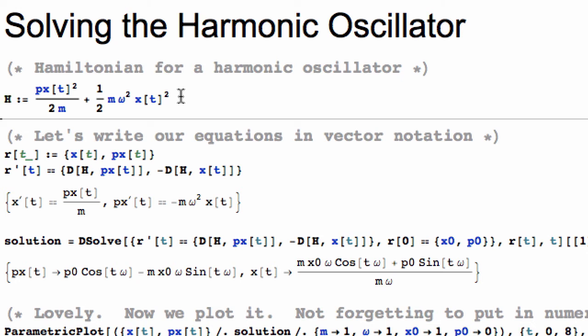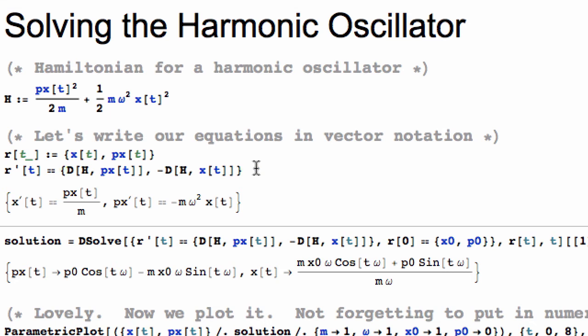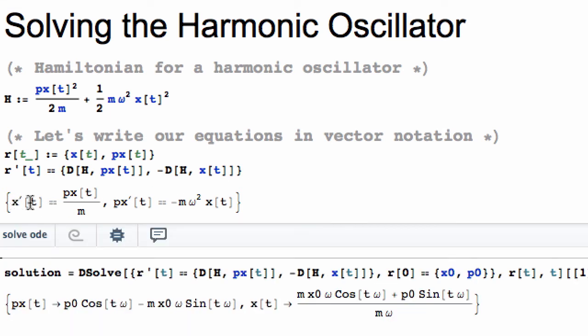One of the nice things about Mathematica is that it knows how to take the derivatives of things. So if I say, take the derivative with respect to px, and that'll be my x dot, and take the derivative with respect to x and throw in a minus sign, and that'll be my derivative of px, then I get my equations of motion, exactly as I hoped. And so it's done the calculus for me. So as long as I got the Hamiltonian right, and remember to put in my minus sign, I have the